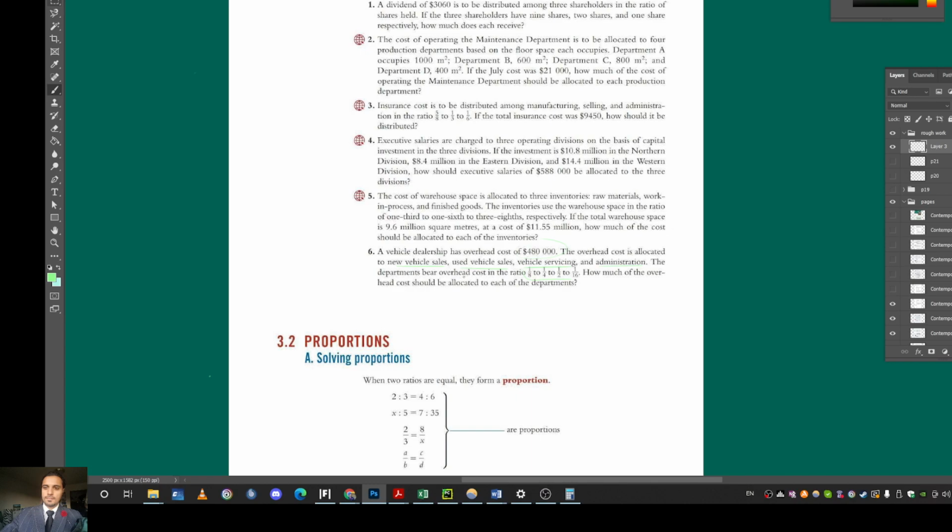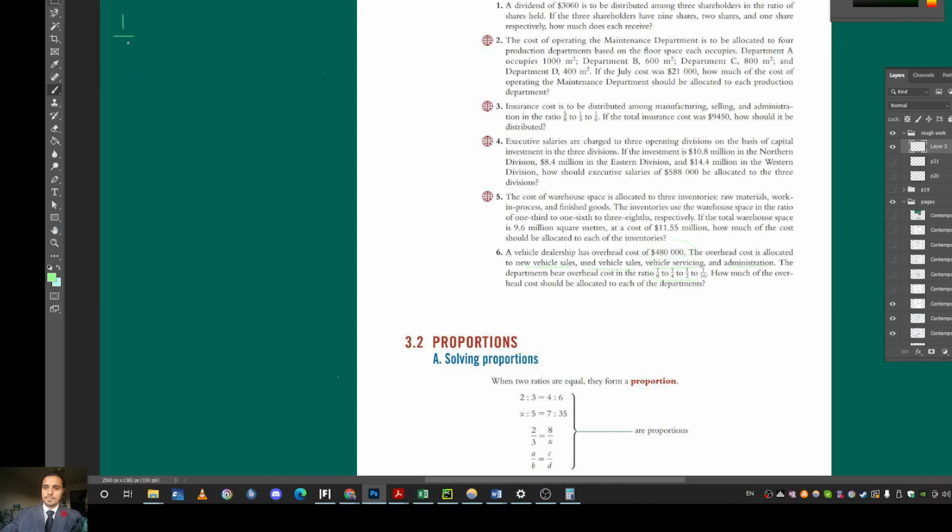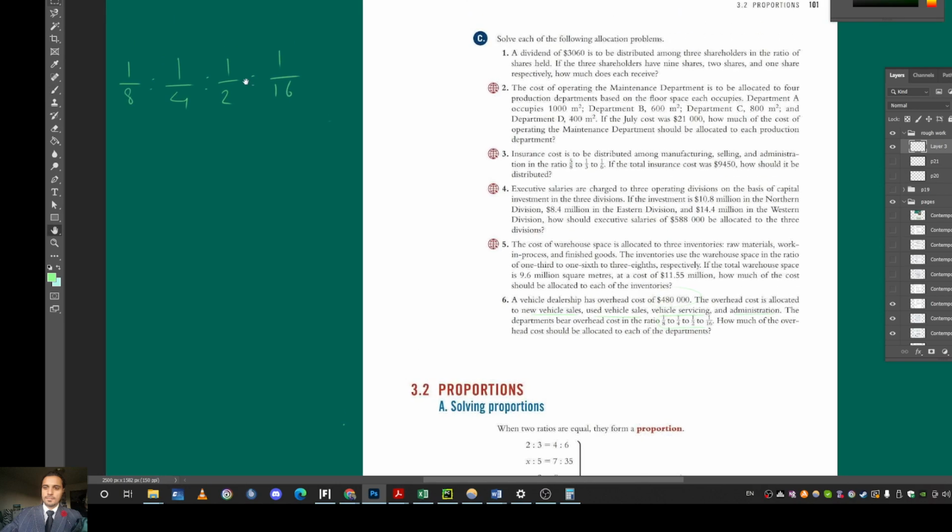The departments bear overhead costs in the ratio 1/8, 1/4, 1/2, 1/16. Now, the first one is the new vehicles, these are your used vehicle sales, this is your vehicle servicing, and this is your administration department. And that's how they bear the costs. The new vehicle department bears the cost of this, and this. This is how we have to basically distribute this number,